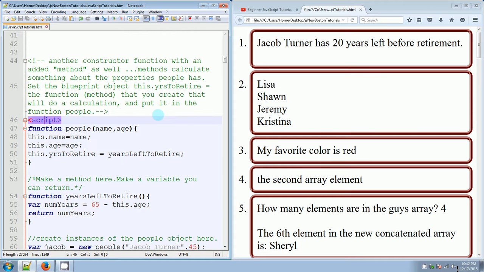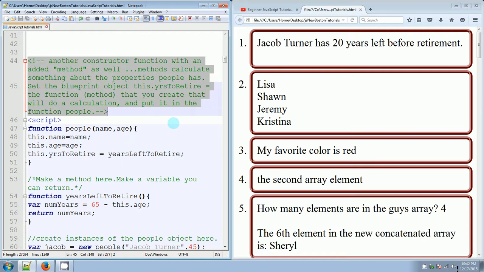We've got a script here. I might as well read the note that I gave to myself. Another constructor function with an added method as well. Methods calculate something about the properties. This function, this object that we created called people, well, the properties would be name and age here. We have it in the parentheses, and then in the meat of the curly braces we also have it here. So these are properties that the object people has, and this right here,